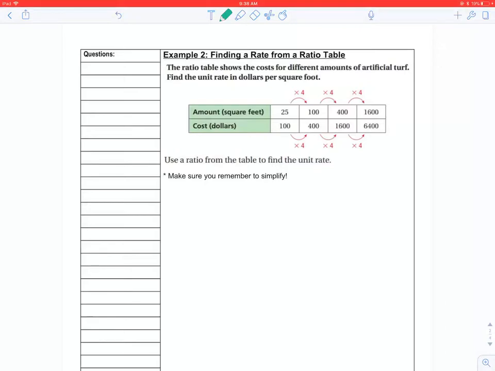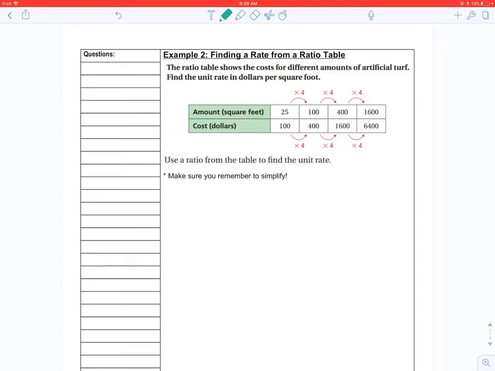So we've got this ratio table, and a ratio table is just several ratios in a table, pretty self-explanatory. But the thing about the ratio table is that all of these values have to be proportional. What that means is that they have to make sense in their context, is kind of the easiest way I could describe it. Because, for example, in this first ratio, we can see that it costs $25 for 25